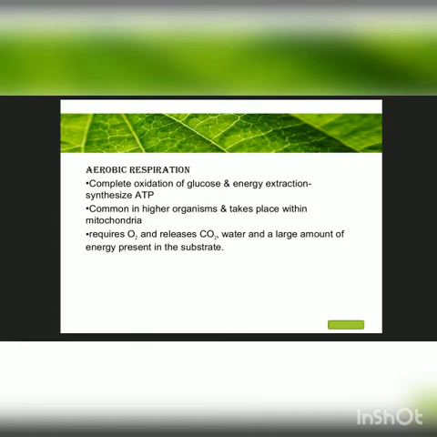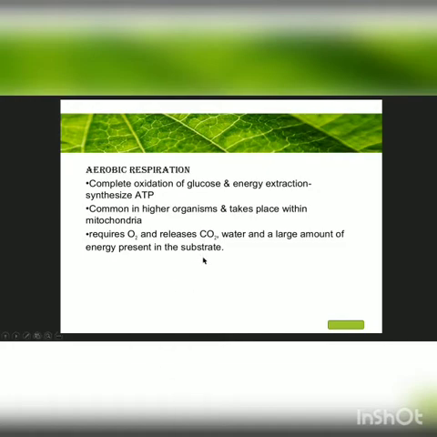So as I explained to you, the glycolysis is taking place in the cytoplasm of the cell. And in the aerobic respiration, after glycolysis, the next step takes place in the mitochondria. So this is taking place in the mitochondria. For that, aerobic respiration process leads to a complete oxidation, as I said. So here is complete oxidation of organic substance in the presence of oxygen, and releases CO2, water and a large amount of energy present in the